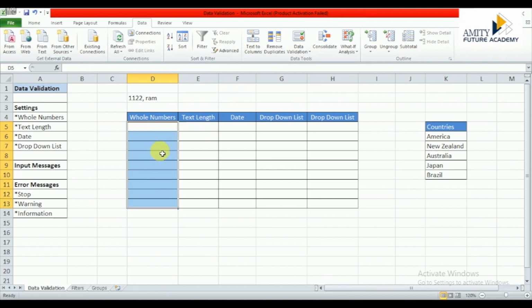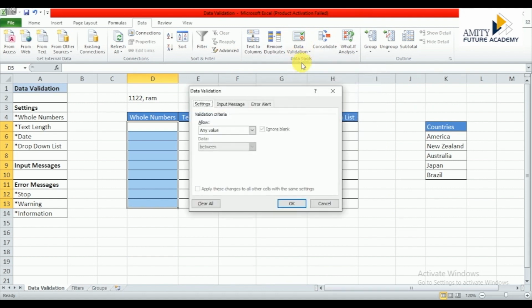After selecting the cells, we have to click on the data validation tab and then click on the data validation. After that, you will be able to see there is an allow function. After clicking on the any value drop down button, there is a whole number, you have to select it, and in between, what is the minimum value that I want. So minimum I can use as 10 and maximum I can use as 99. After clicking on OK,